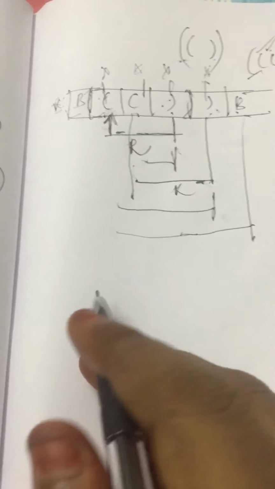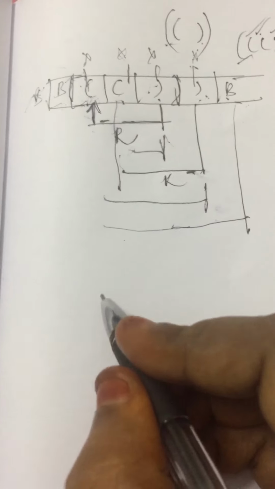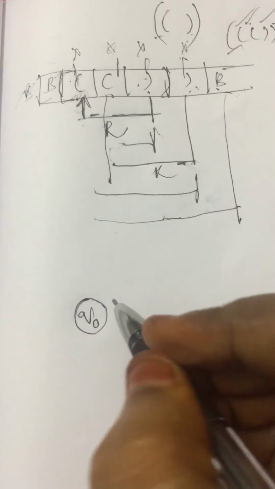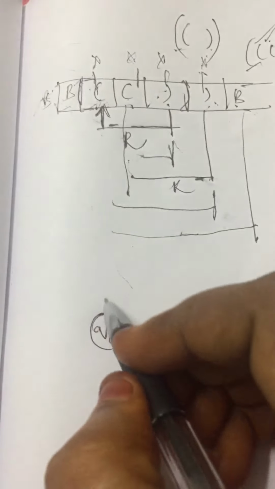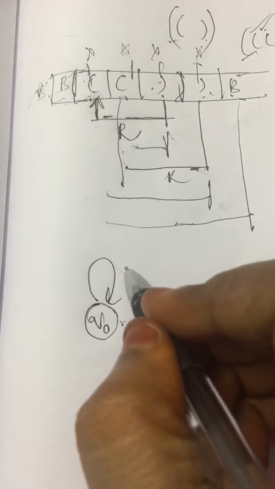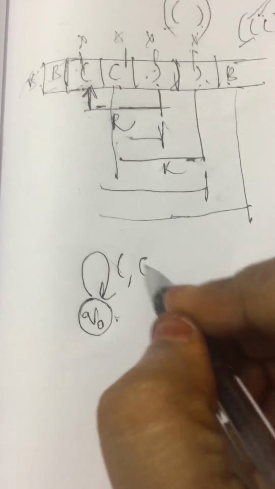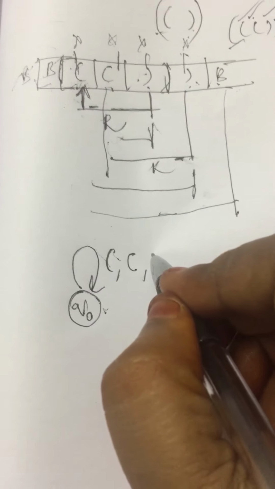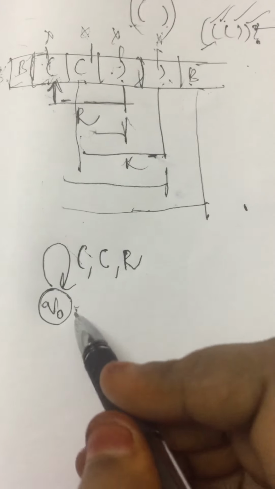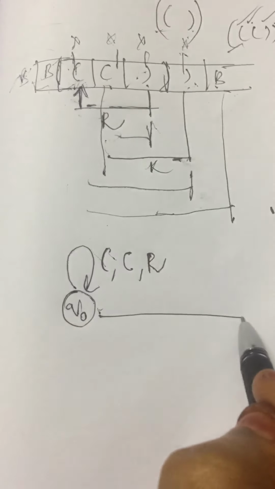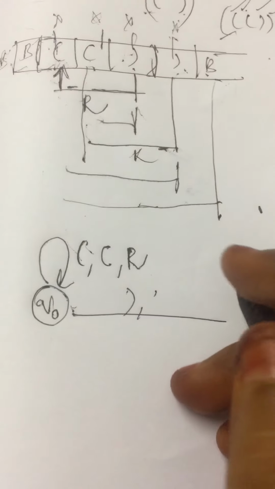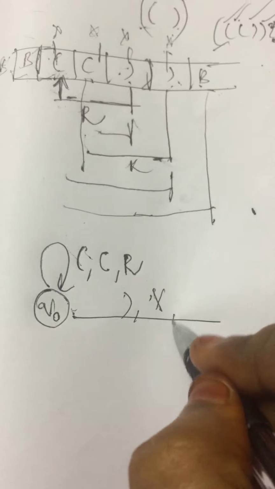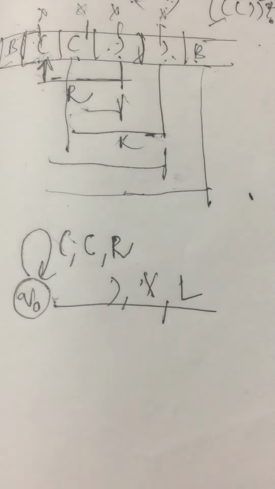So for this we are now going to construct the Turing machine. Let us start with the state Q0. Now, even though there are a number of open braces, each will remain as an open brace and move to the right direction. When moving to the right direction, we are going to obtain a closed brace. This will be converted to some symbol, let it be X, and we move to the left direction.